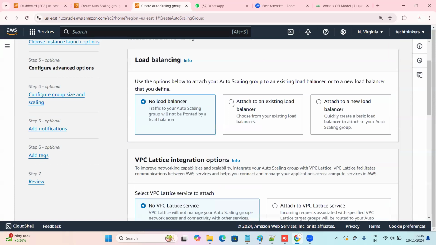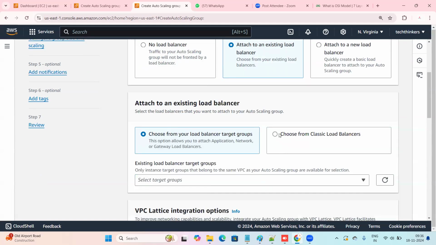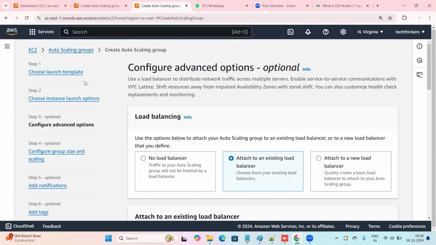So here we need to attach the load balancer. You understood, right? We created one load balancer earlier, the classic load balancer. If you go to the option called attach to an existing load balancer, you can choose from classic load balancer. We had a load balancer earlier, but I've deleted it. To see the practicals of auto scaling in real time,